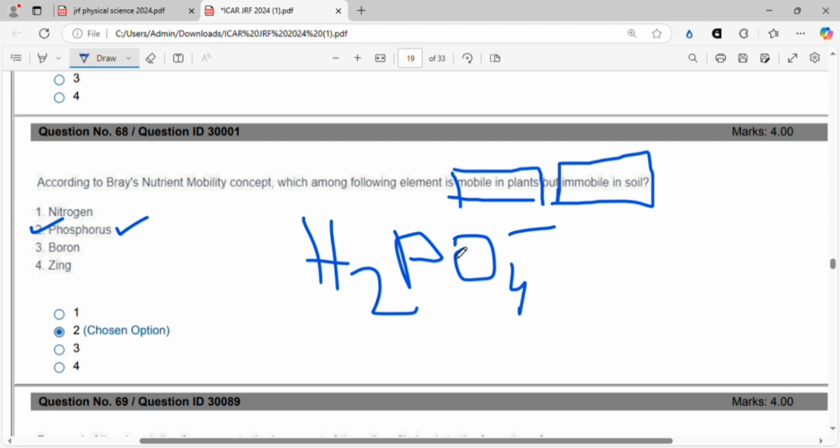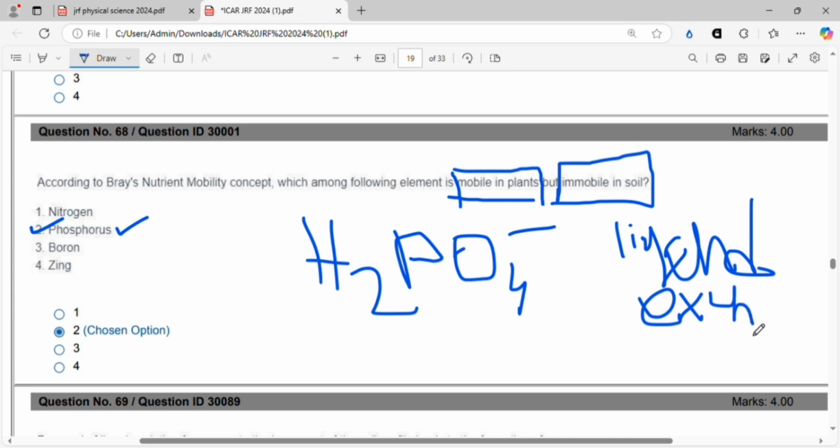very easily gets precipitated or gets absorbed into the soil colloids by the process of, I think you should very thoroughly read the phosphorus chapter, because it is very, very important. You should know what is ligand exchange and what are the mechanisms by which phosphorus becomes immobile in soil. So it might get absorbed to the soil colloids by the process of ligand exchange, or it might